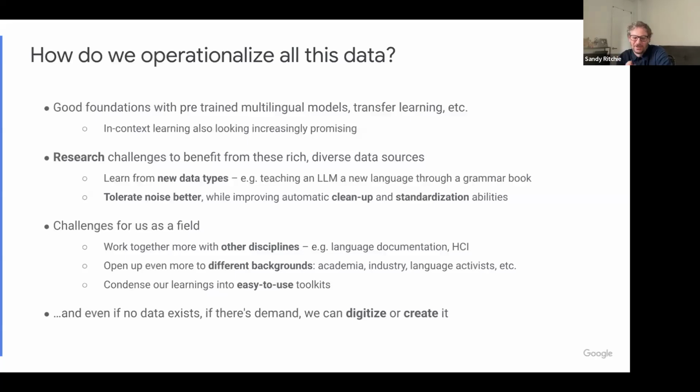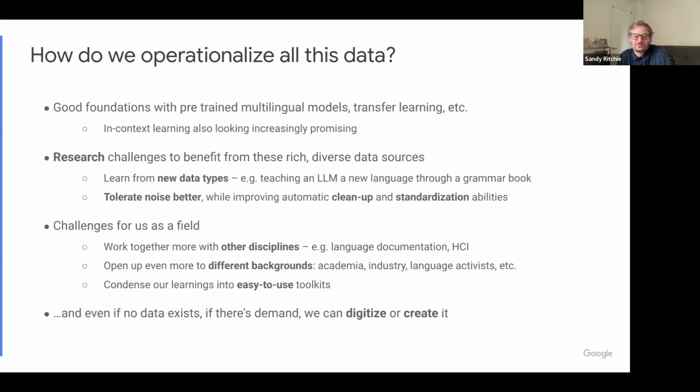Another major challenge is how do you tolerate noise? Obviously a lot of this data is not going to be particularly high quality. You need to do a lot of work to standardize it and clean it up. For audio, for example, there are things like encoding standards, and throwing away audio that doesn't actually contain data in the language, or just contains music or other things. And for text data, there's a lot of normalization you need to do, like all the general NLP tasks.